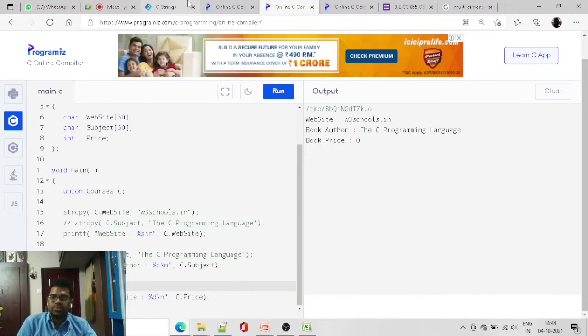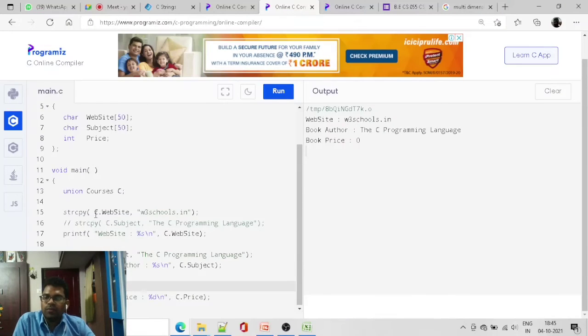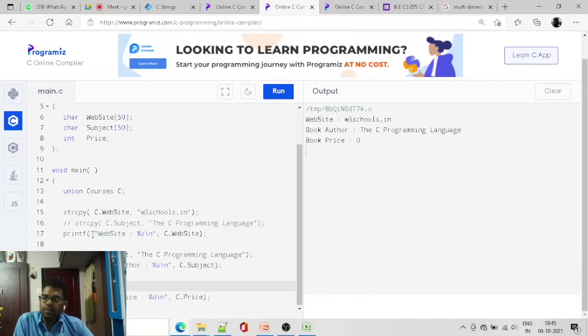Here we initialized all three members of the structure, but here we initialize, print the value, initialize, print the value, initialize, print the value. That's the difference. A structure can hold any number of values at any point of time, but a union can hold only one value at any point of time. If I run it, it shows values just like this.